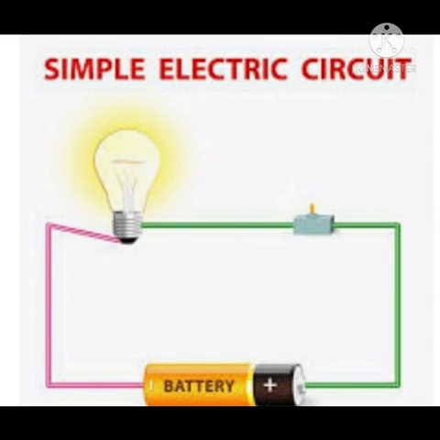Now we'll study about electric circuit. An electric circuit is the path through which the electrons or electric current flows. It is much easier to use symbols of components to draw an electric circuit. A simple circuit consists of a battery, a switch, and a bulb. When the bulb is switched on, an electric current flows through the bulb, which lights up the bulb.